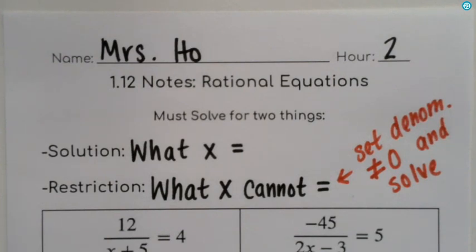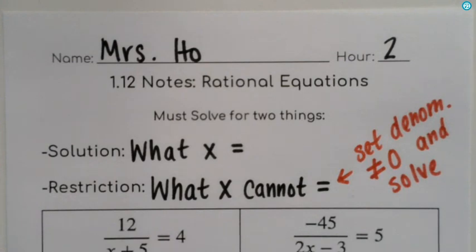In Algebra 2, which you will take when you are juniors, you are going to have occasions where the solution you get is one of your restrictions, and you have to say, wait, that cannot be my solution. So we are just getting in the habit of, in Algebra 1, adding that in now, because it's something that you will have to do in the future. So, with that, we are going to go ahead and